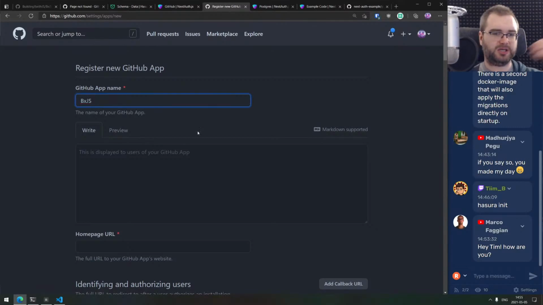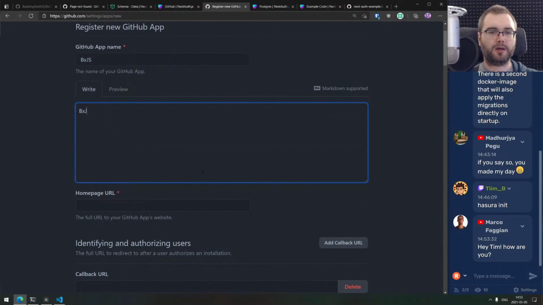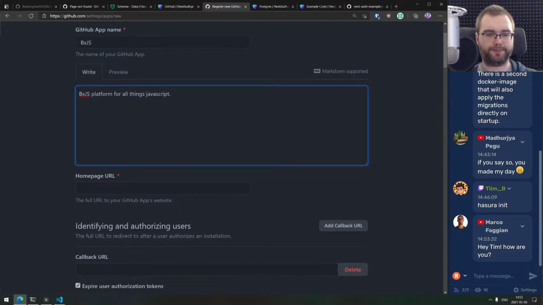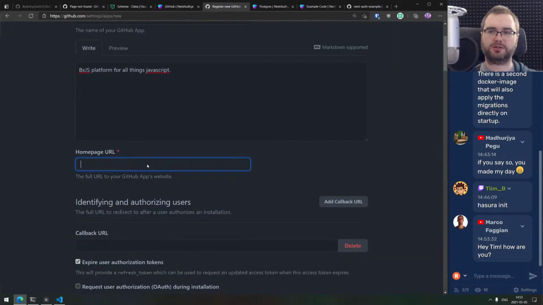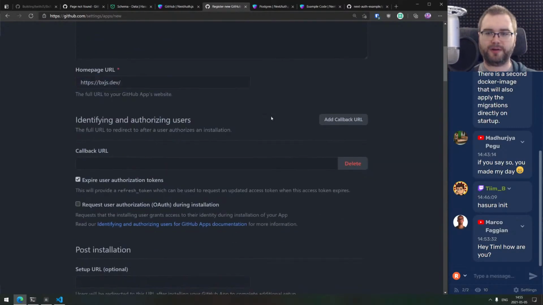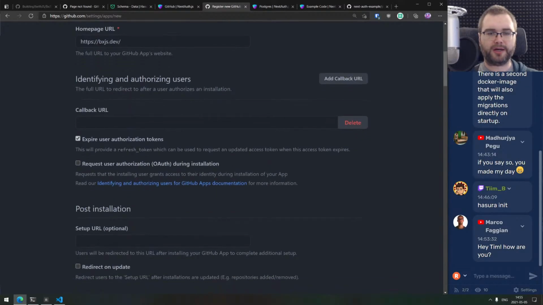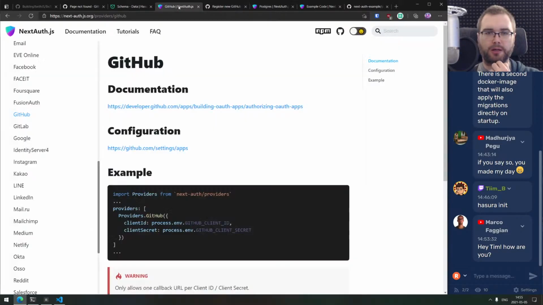Or maybe just bx.js works, right? bx.js platform for JavaScript, for all things JavaScript. Let's put it this way. Homepage URL. It's gonna be bxjs.dev. There's still this very old website. Callback URL. Okay. What is our callback URL? GitHub